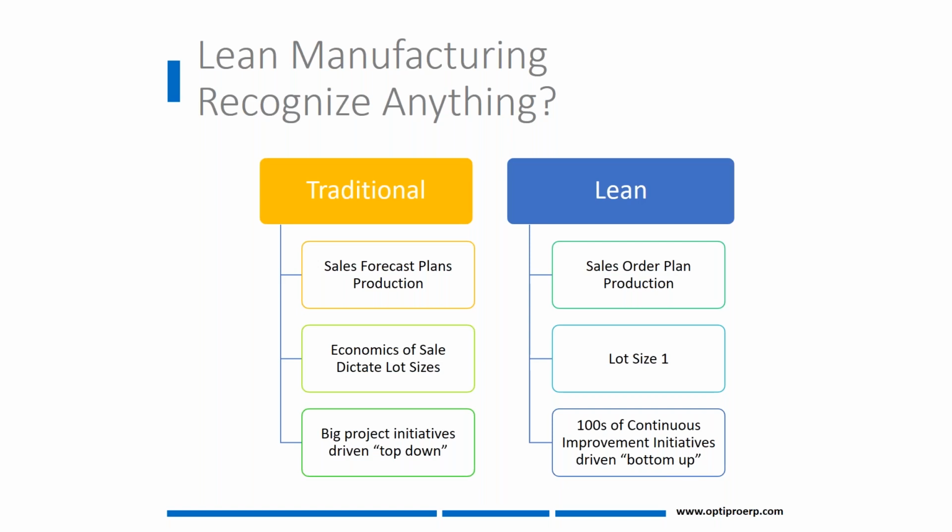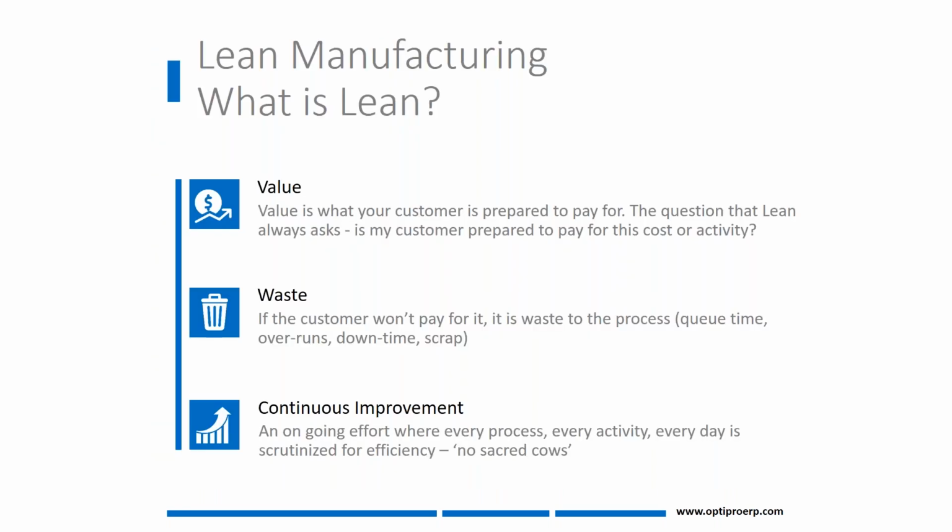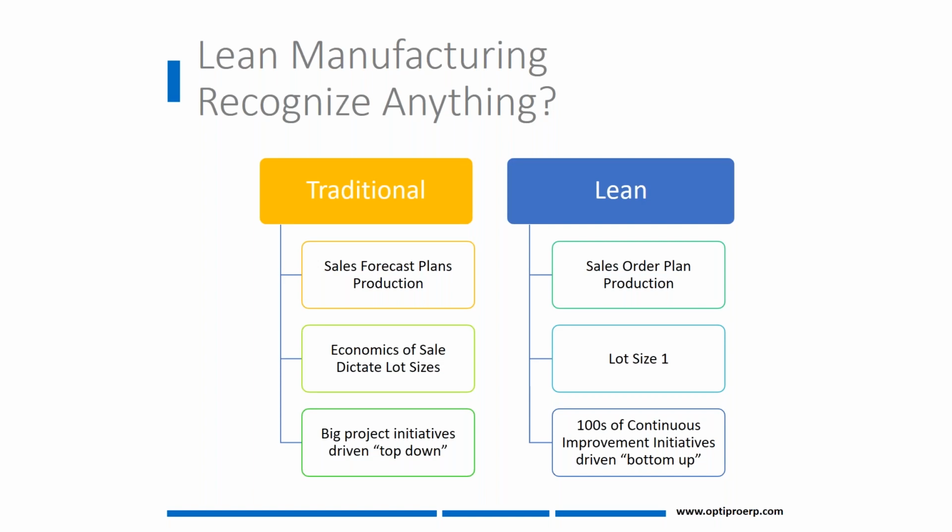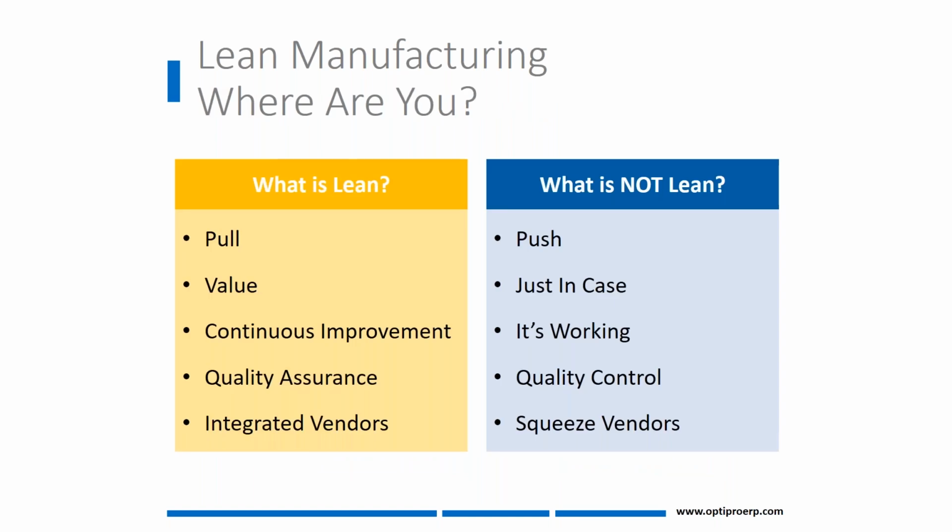How do we get, let's go the right way here. How do we get there? What are the other things that you're looking for? Well, again, what is lean, what's not lean? Well, traditionally, we push work orders through the manufacturing process. And in lean manufacturing, it's pull. The customer says, I want it delivered by Friday, and every business process mobilizes from that date and pulls through preceding operations to pull through that demand.